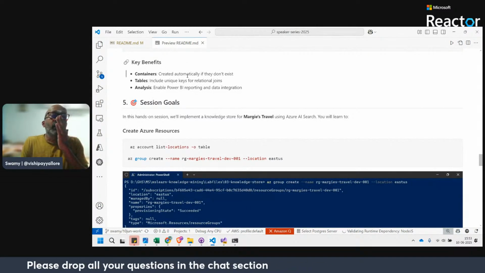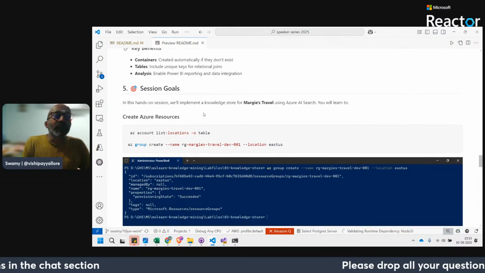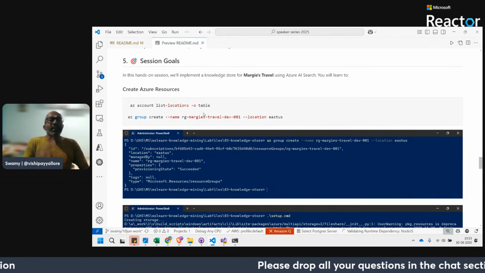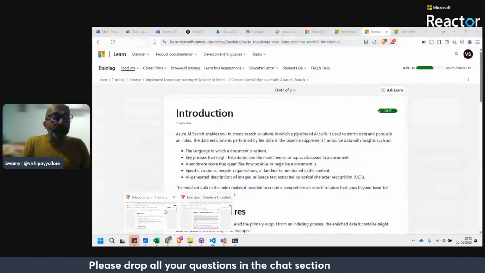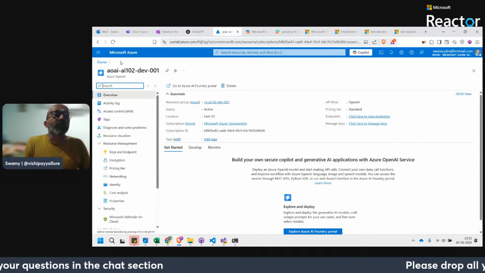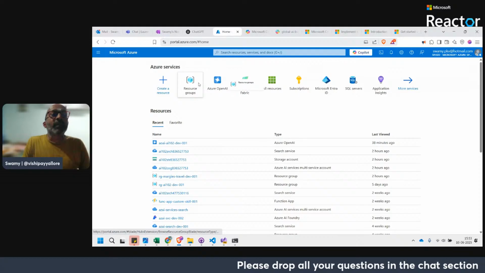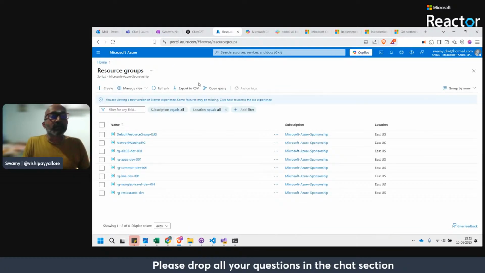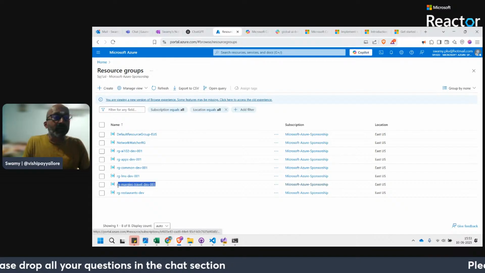So container, that's what we saw there. And let's start with the hands-on. Let me come back to the Azure portal, and this is the Margie's Travels.